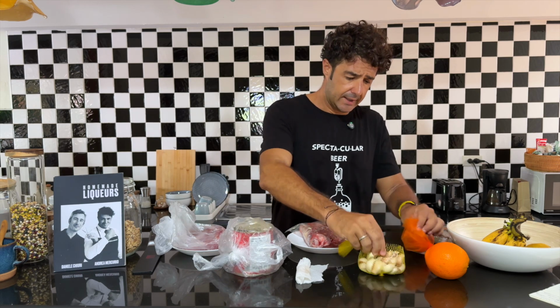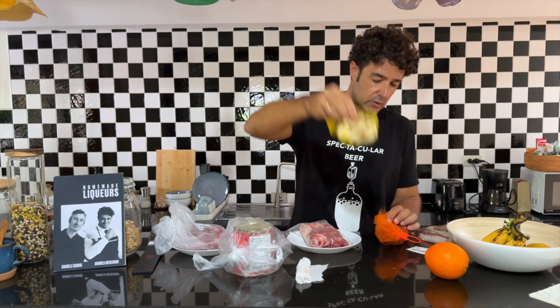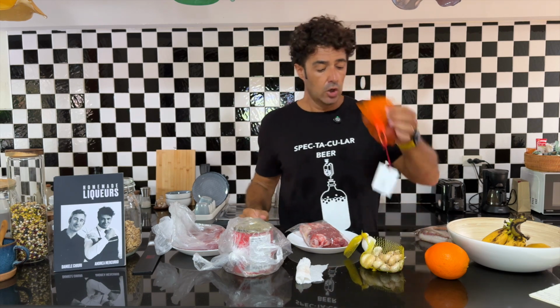Plus garlic. This garlic for me can last 1 year, so I will use only 1 clove of garlic. 2 red onions,